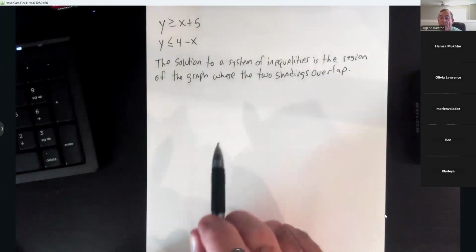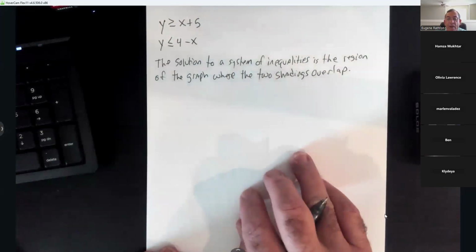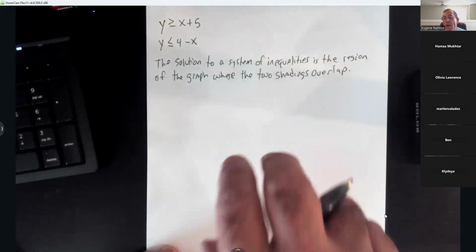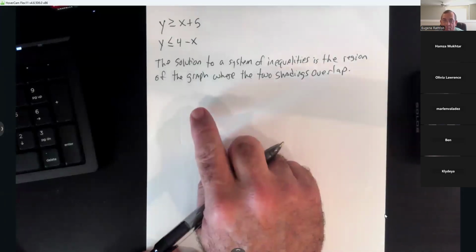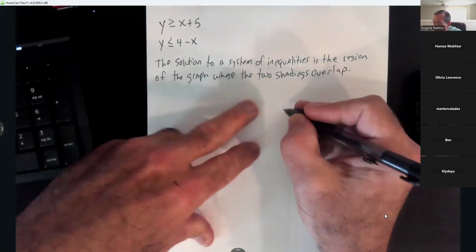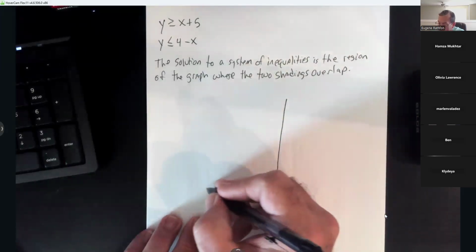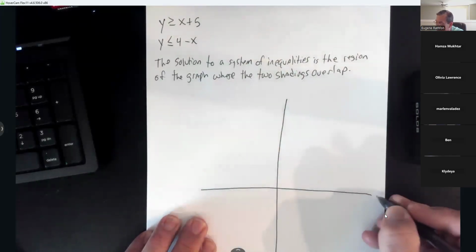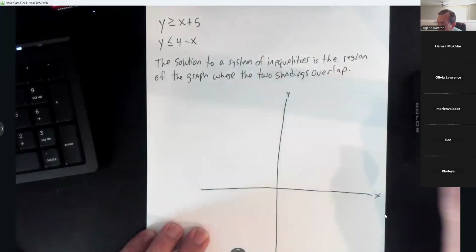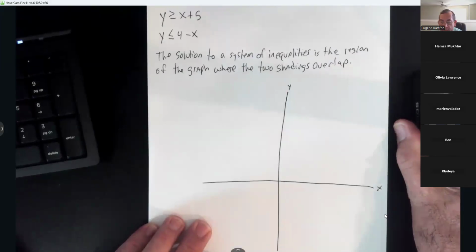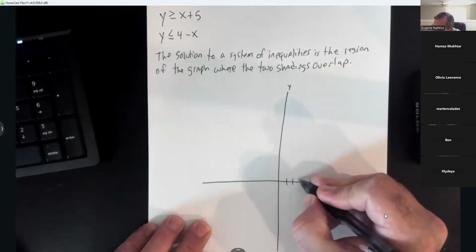Alrighty, so I'm going to shade one graph. Then I'll come in and shade the other graph. Where they overlap is the solution to this problem, okay? So you would take your X and Y axis. All right, so let me come down just a little bit on that. Since I'm going to go out about 10,